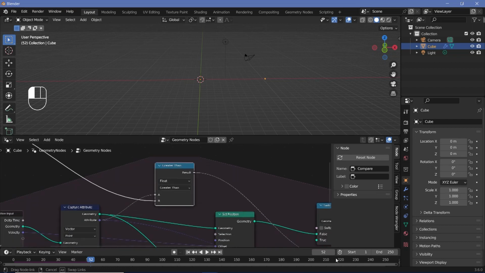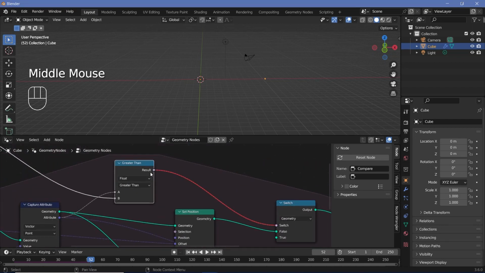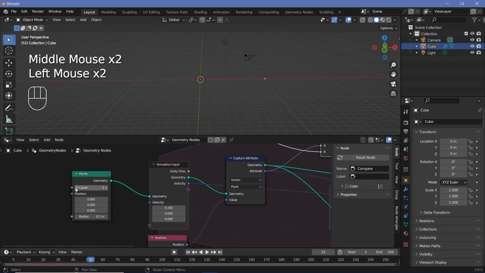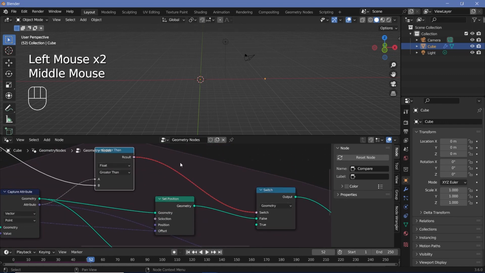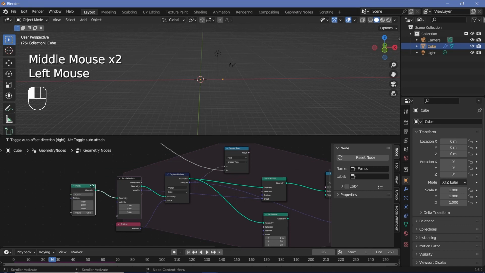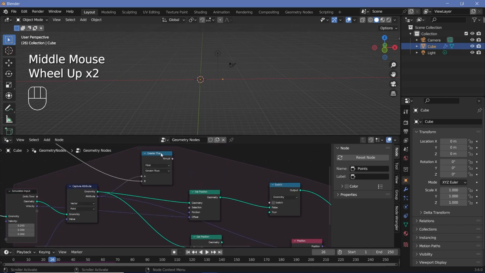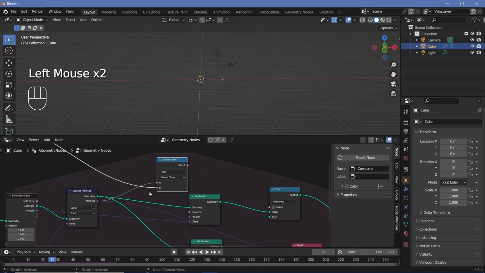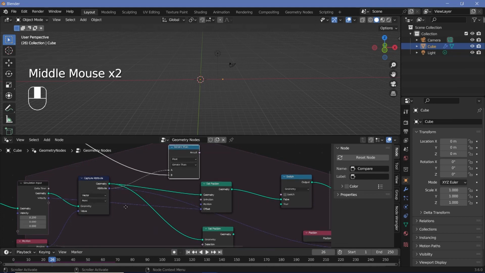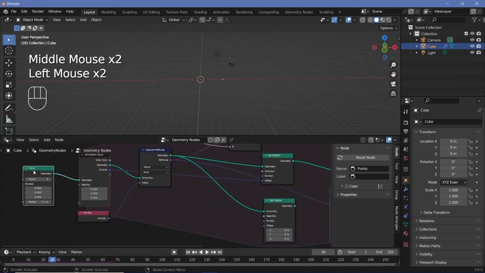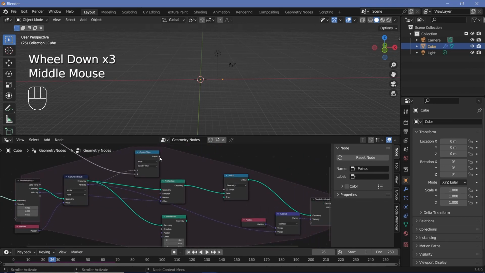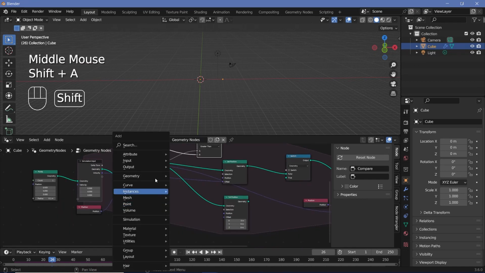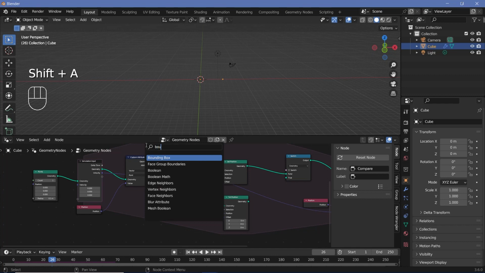And if we actually try to plug this into the switch, you see it turns red, and even if we have a single point, it's still going to remain red because Blender does not know that it's going to remain only one single point. So because of that, we have to find out how we can make sure that this greater than node is going to have only a single value coming in here, which is going to be the position of this particular point itself, and that is what we can use as the value that goes into the switch input. So the way we're going to overcome that is by searching for a bounding box node,